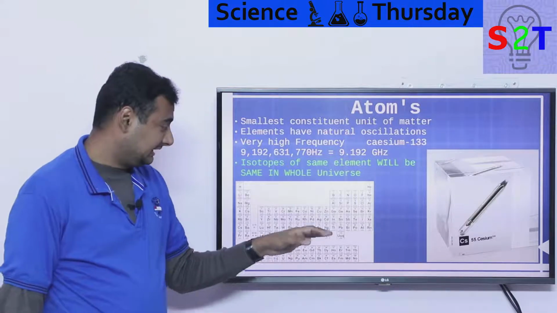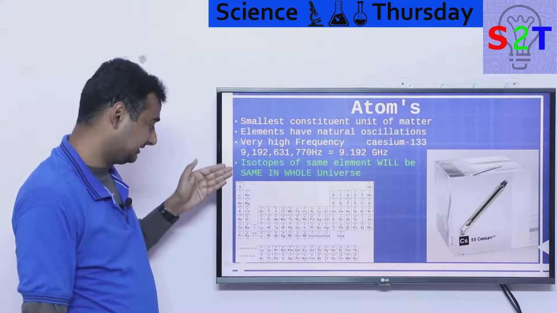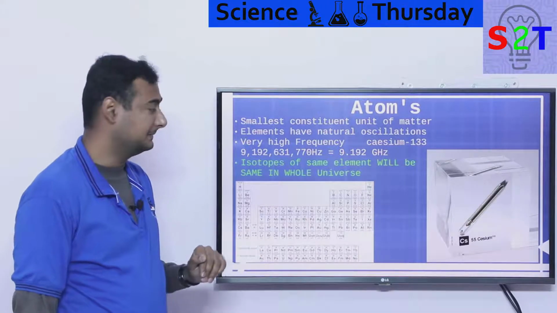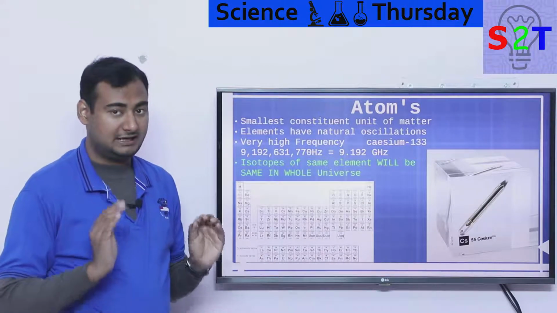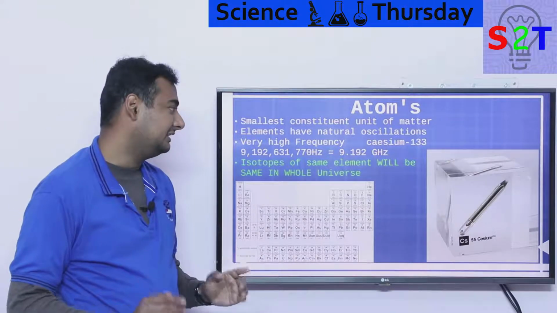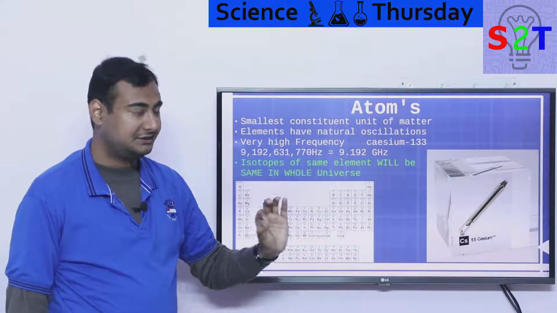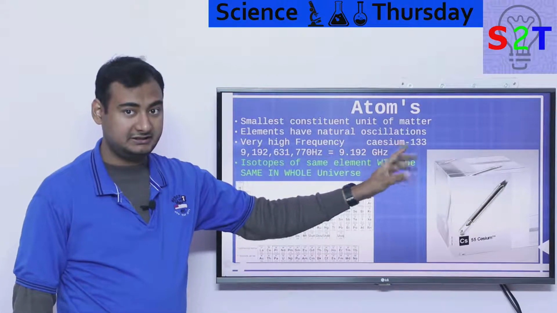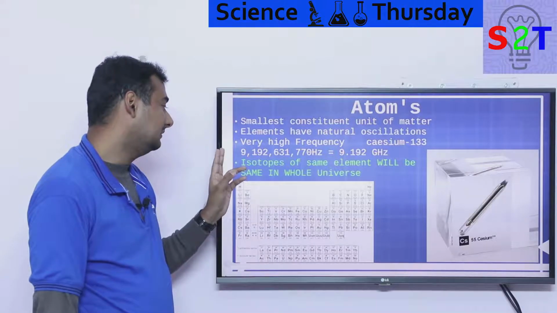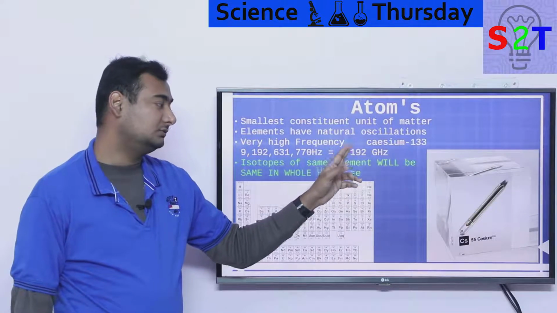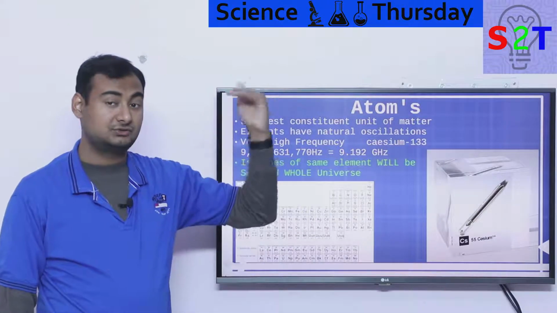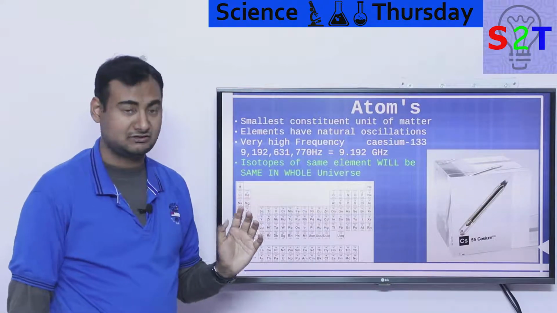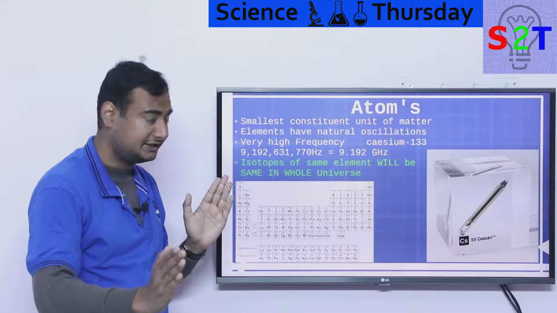You did that with everything in this periodic table, all of them have oscillations. Now many of the elements in this periodic table, especially in this region, basically hydrogen, rubidium and cesium, have what we call very high frequency. Now right now as I talk to you, the second is defined as the vibration of a cesium atom, cesium 133. 133 is the isotope, 9.12 gigahertz. Basically, as you can see, now we went from kilohertz to megahertz to gigahertz. That's why we want atomic clocks, because it can stretch 1 second into